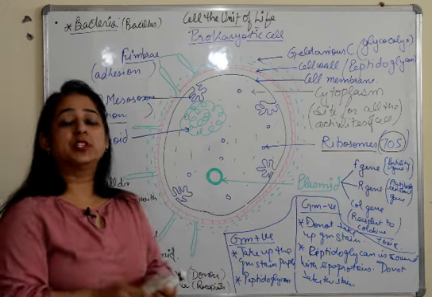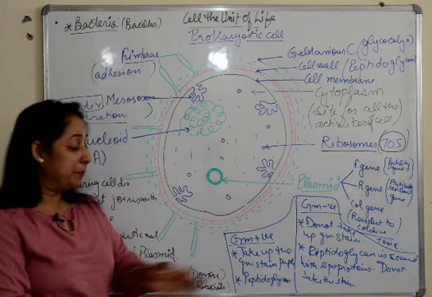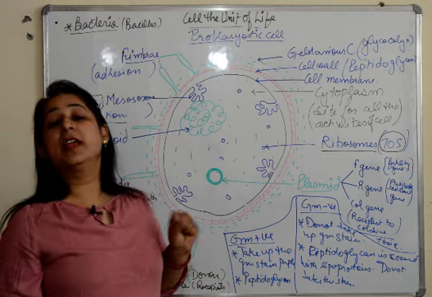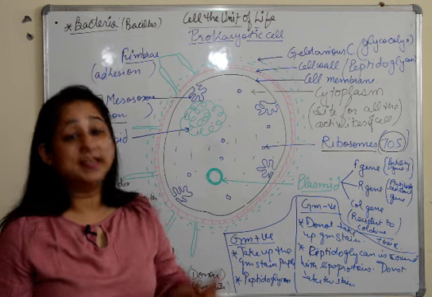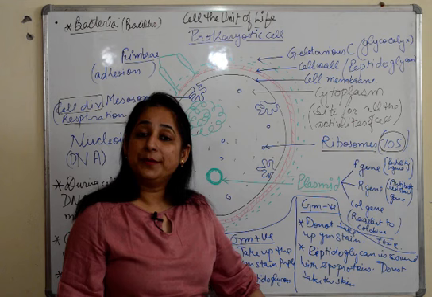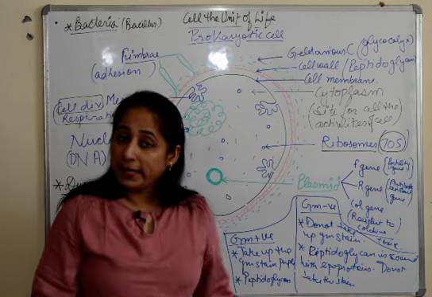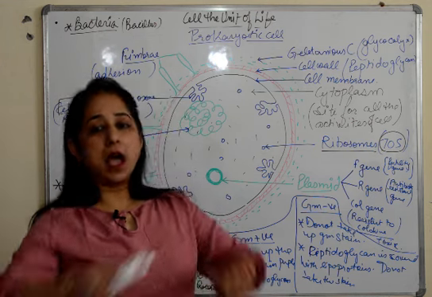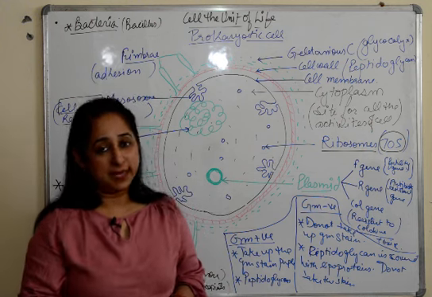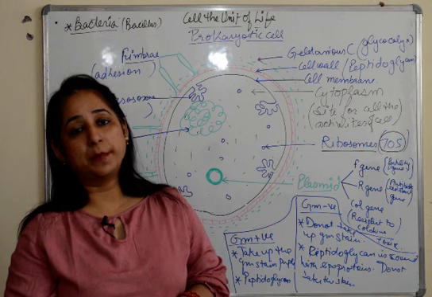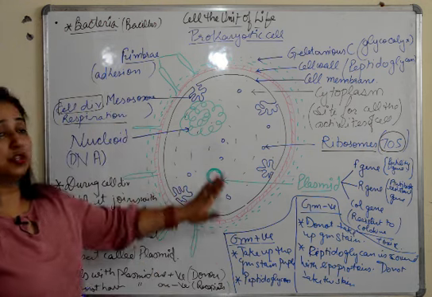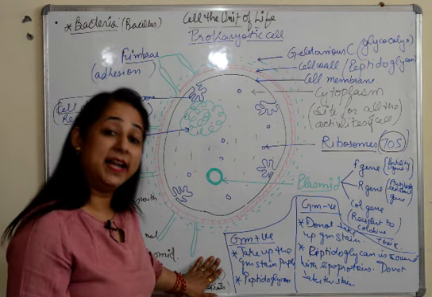So these are gram positive and gram negative bacteria. Gram positive, the ones which take up the stain and turn purple. Why do they take up the stain? Because they have peptidoglycan present in it, or you can say cell wall is made up of peptidoglycan. Gram negative are the ones which do not take up the stain. That means outside the cell wall they have an additional layer of lipoproteins present which do not allow them to take up any stain. So in this video we have discussed the structure of bacteria or prokaryotic cells in detail.